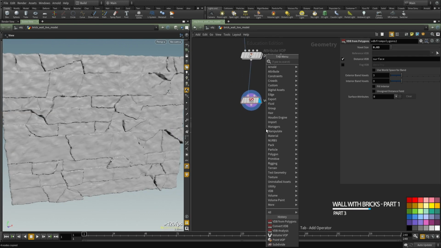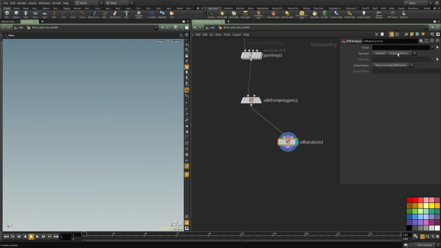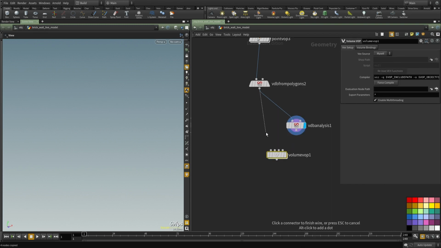And let's create a VDB analysis to compute the gradient, so we do the proper displacement. And the gradient we're going to compute is for the surface field. I'm going to give it a different name, so grad. And let's create a volume VOP. Connect this,